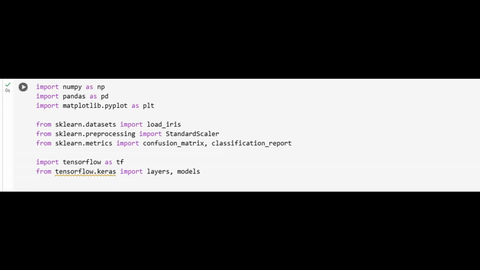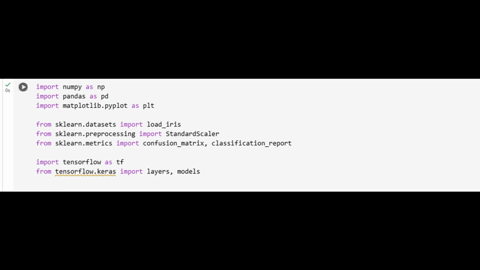Next, imports. This is where most notebooks get messy, ours stays surgical. NumPy sets the numerical backbone. Every tensor eventually boils down to a NumPy array. Pandas for data frame operations, SQL-like querying without the SQL Server overhead. Matplotlib.pyplot, default plotting. In production you'd export JSON to Grafana, but here a quick histogram suffices. From Scikit-learn we bring in